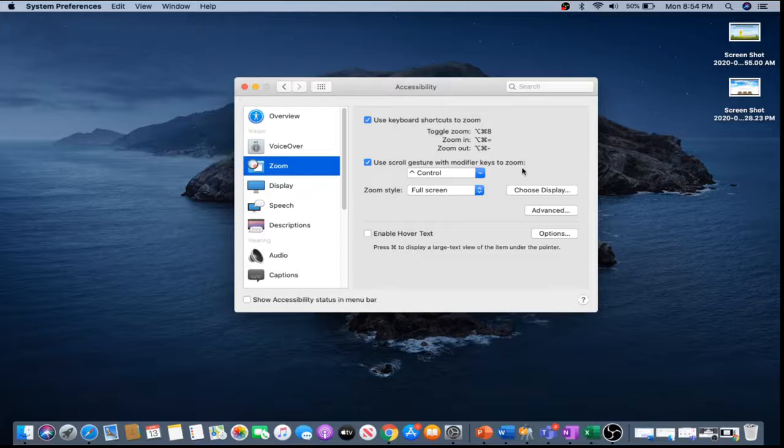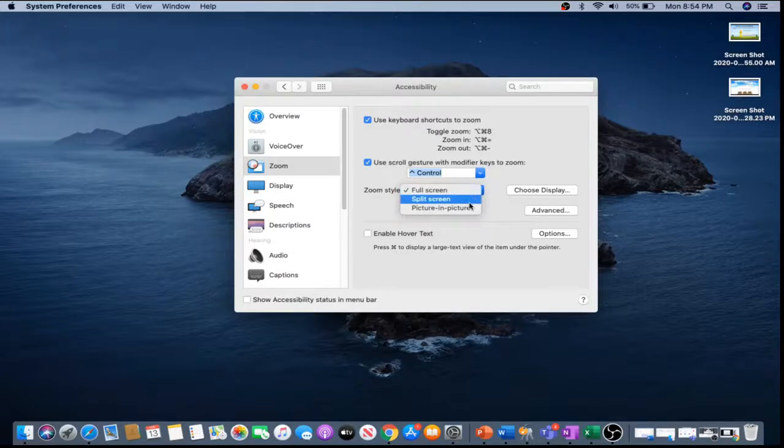If you want to select more options, we have control, option and command. Three options. You can select any of them. Right now I am selecting control, and after that you can click on zoom style.